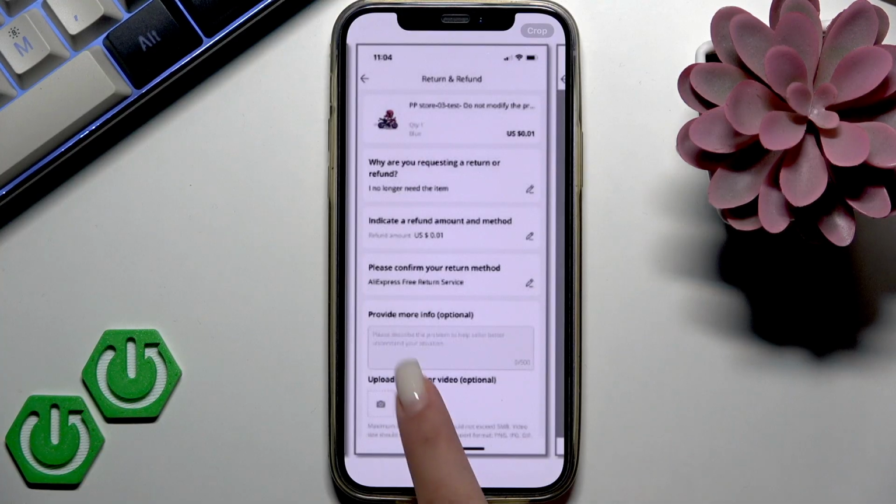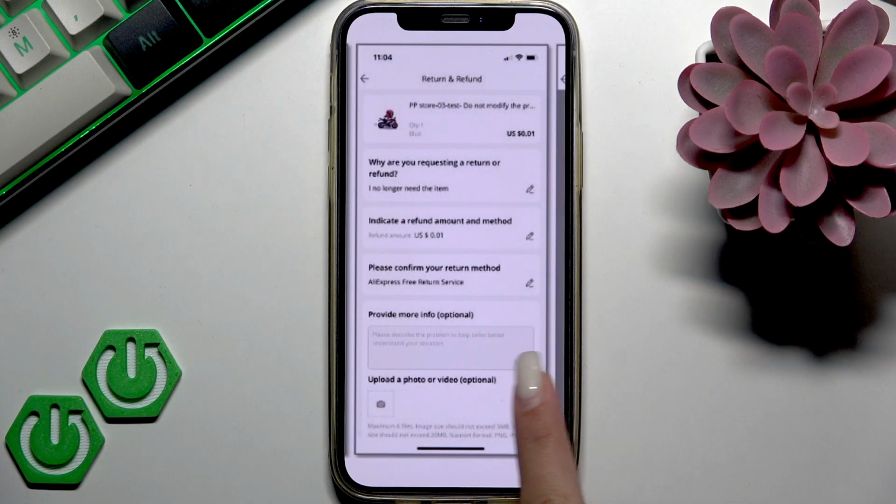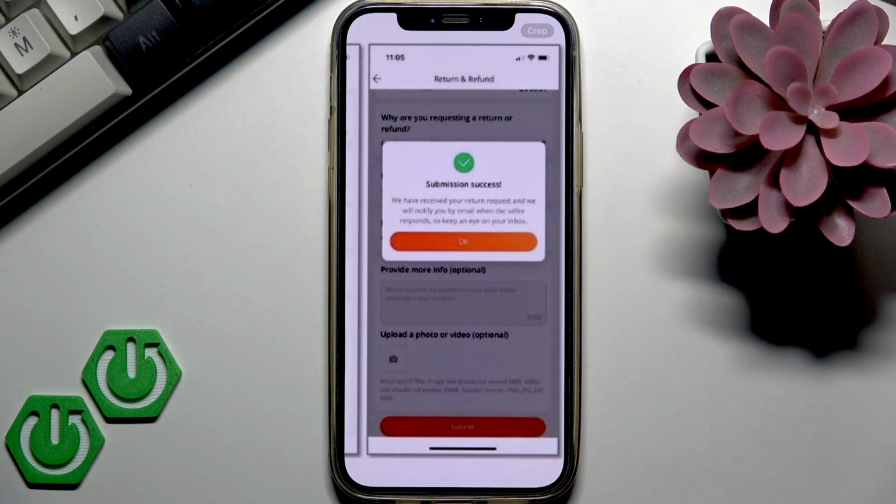Here you can provide, in this box you can provide more information about your problem. So describe in details what happened and why basically you want to make a return. And here you can upload evidence, so it's photo or video, so that seller is 100% persuaded that you have to make a return. And do not forget to save your request, and usually those requests are processed within a